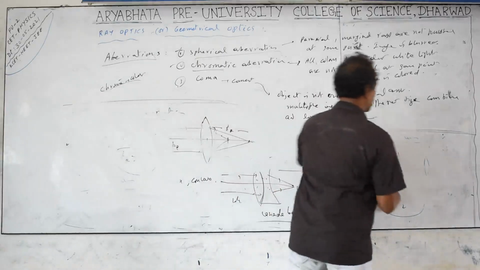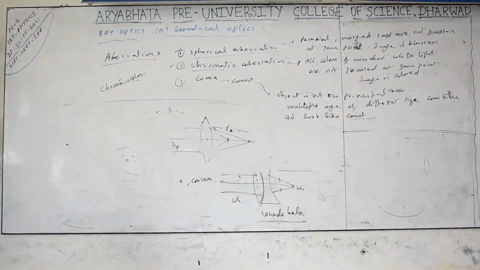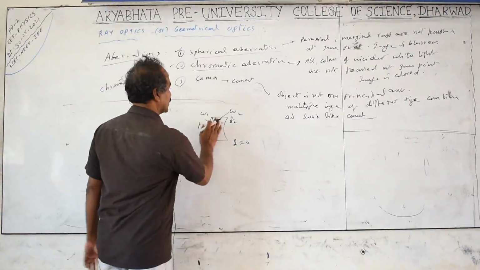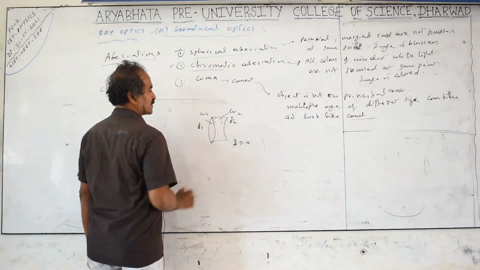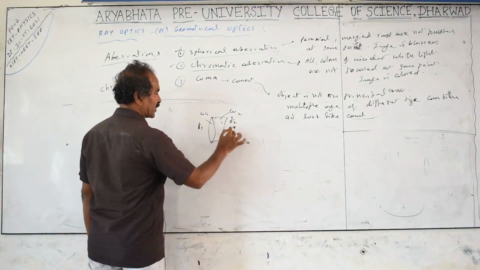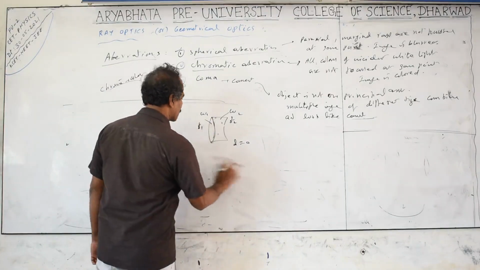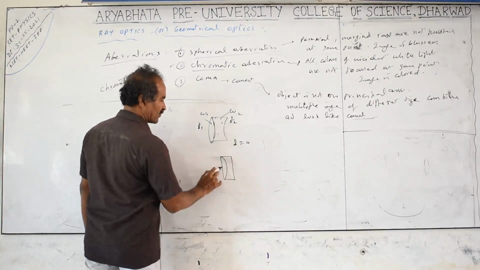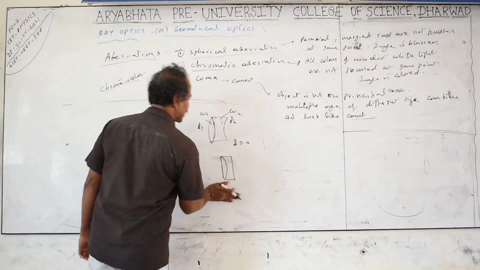Another is the condition for this omega and f relation. If it is a combination of two lenses, d equals 0, n1 is not equal to n2, therefore f1 is not equal to f2, but r1 is equal to r2, inner side one. So you can also take plano-convex lenses. This is a concave like this. Convex, this is a plano-convex, this is a plano-concave. Like this also you can take, makes no difference.